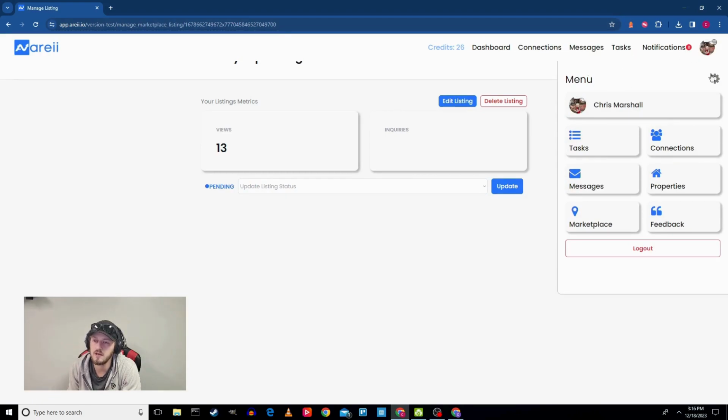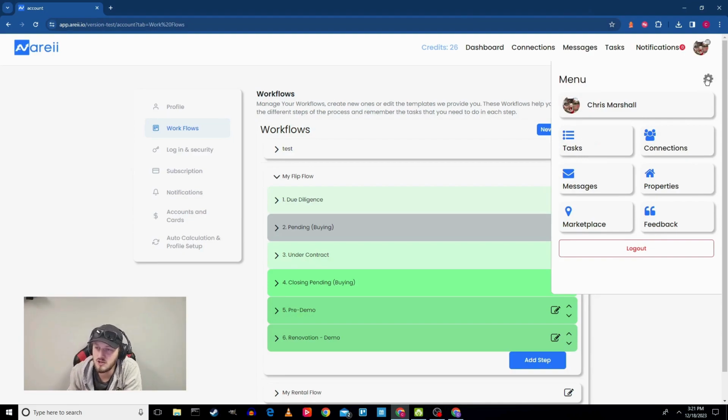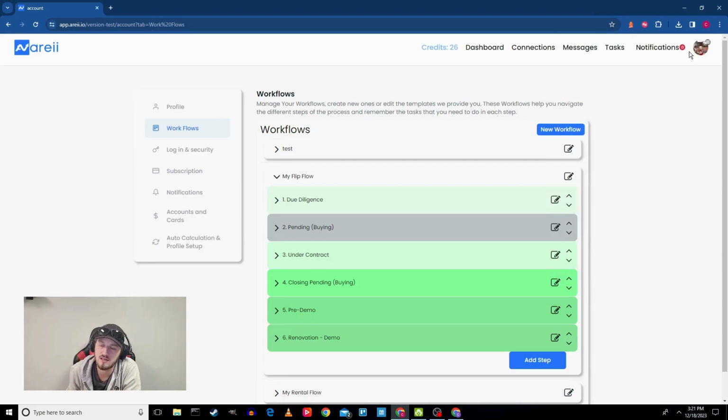All right, I think now to get into the big meat and potatoes of the team and task management update. Before we dive into some of the new pages around the tasks and the new property page and all that stuff, I think it'd be easiest to show you what's going on within the account settings. So you click in the menu and you click the gear to go to the account settings. There's a couple other ways to get to this page as well, but basically what we're looking at is